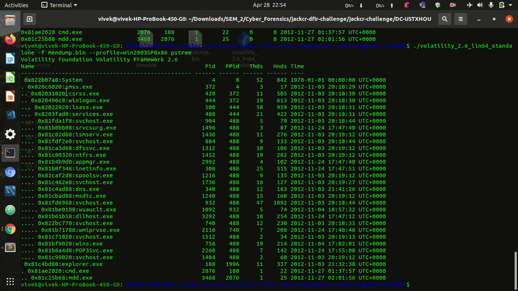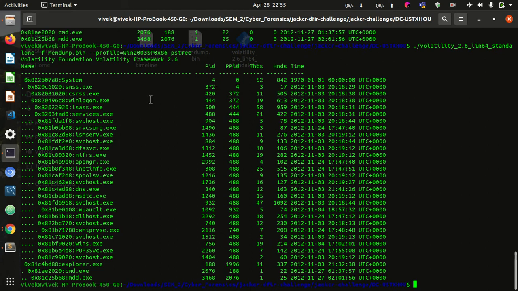So here it is. This first one is the parent process, and the one with a single dot is a child of that parent process, and these two dots say that the third and fourth ones are child processes of the second process. Likewise, these are all the processes. Here we can also see the process ID of the second process, and its parent process is 4, that is process 1.